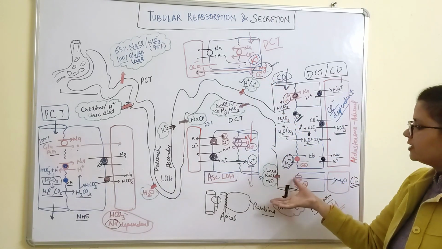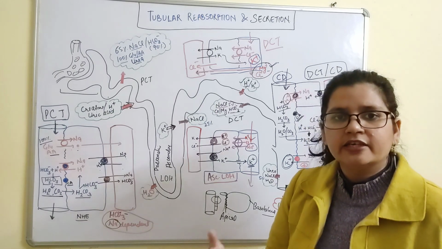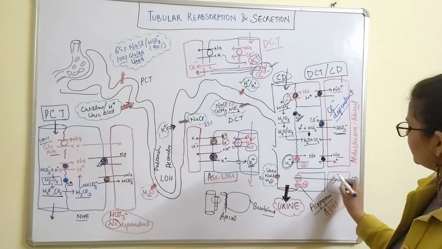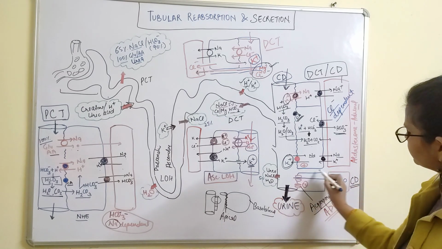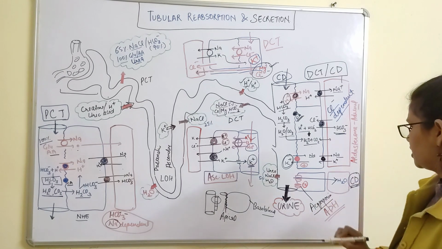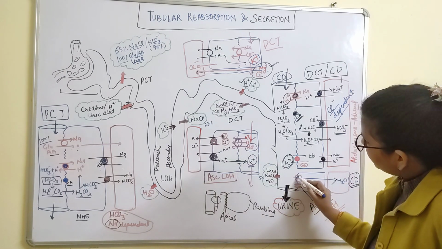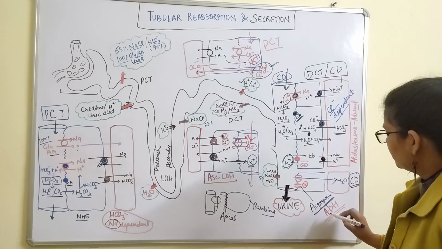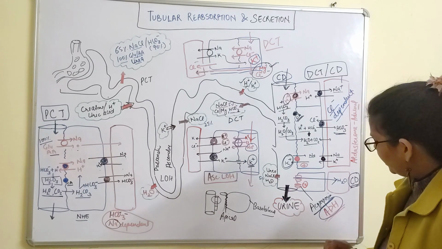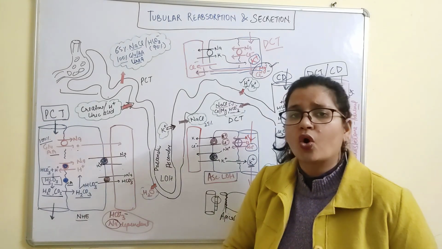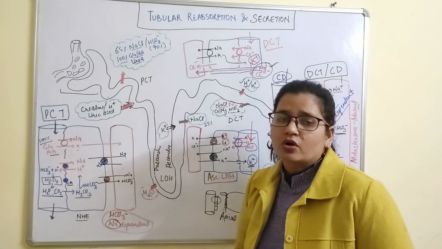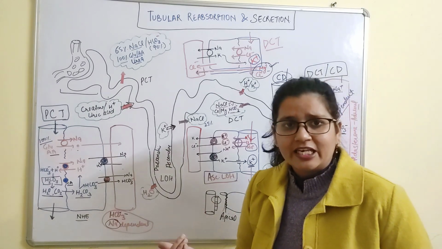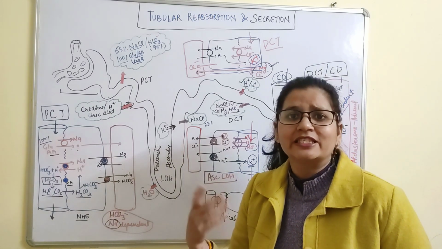Now again the late part of DCT behaves differently for some reabsorption. What is that? This is water reabsorption. This part is only for the collecting duct. Basically on the apical membrane we have some channels called aquaporin channels, which are under the influence of ADH, anti-diuretic hormone. Tell me in the comment box which gland secretes ADH. In response to ADH, whenever there is decreased blood volume, ADH is secreted.